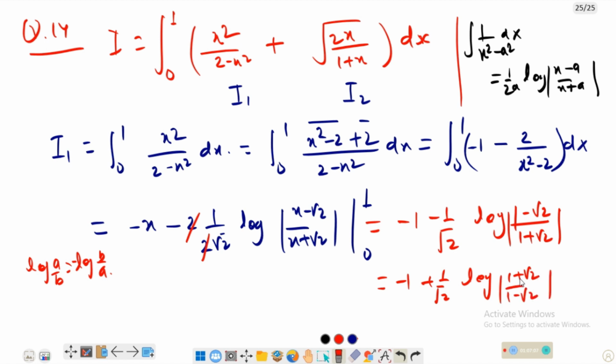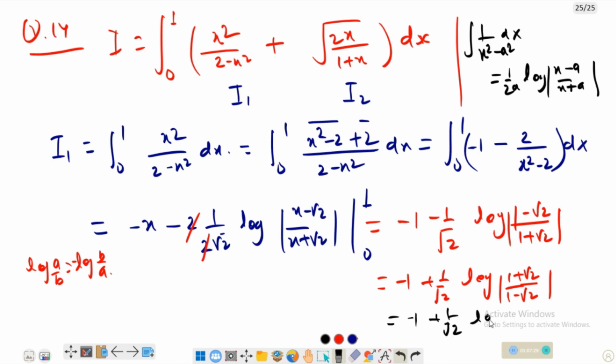Okay, and if I multiply this 1 plus root 2 by 1 plus root 2 on the upper and lower quantity, numerator and denominator, we come to the point minus 1 plus 1 upon root